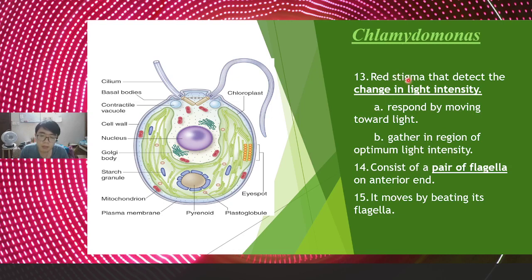Dia ada red stigma, kalau bahagian itu region dia ada optimal light intensity, dia akan gather at there. Dia semua akan dalam tempat itu. Macam itu satu area, sebahagian area ni ada optimal intensity, semua Chlamydomonas akan pack at